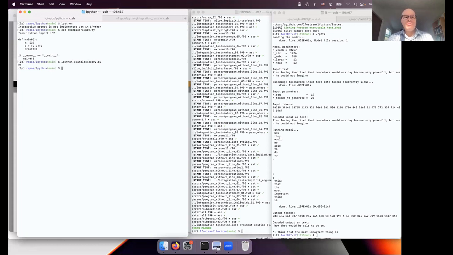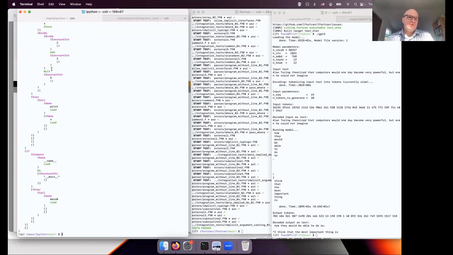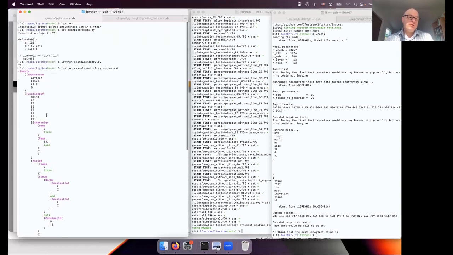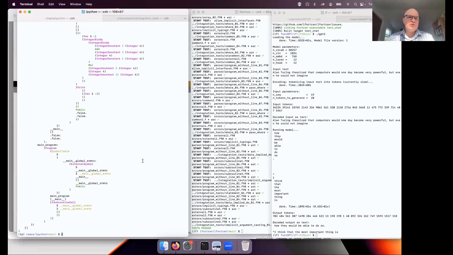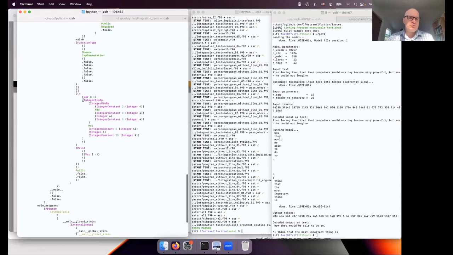So you can, of course, call LPython on the Python code, and it will compile it and run it like you would expect. You can look at the AST, the abstract syntax tree. In this case, it's identical to the Python abstract syntax tree. Then the next step in the compiler is we transform this AST to ASR. ASR stands for abstract semantic representation. If I do that, the key that I want you to focus on is the arithmetic operation, 2 plus 3 times 5. Here is how it's represented in ASR.